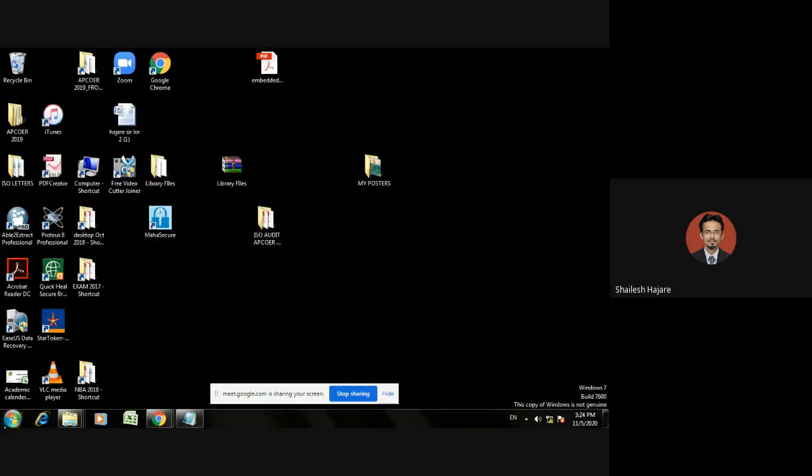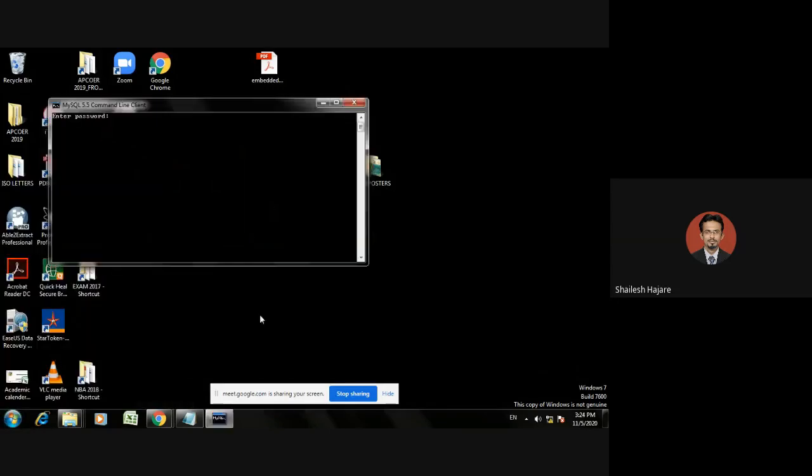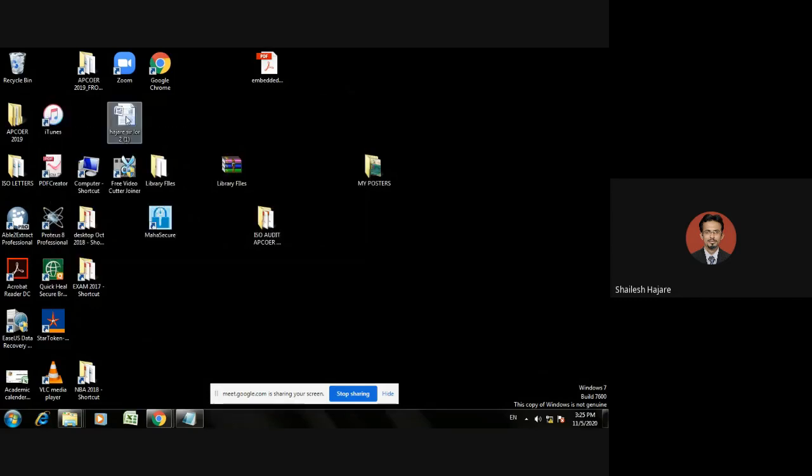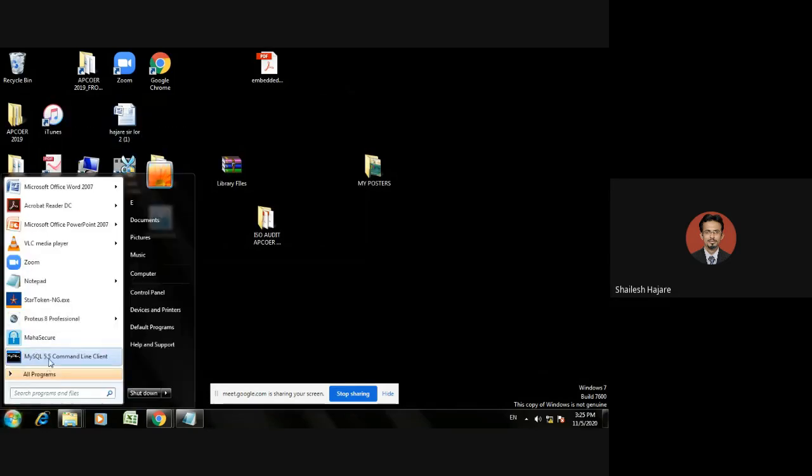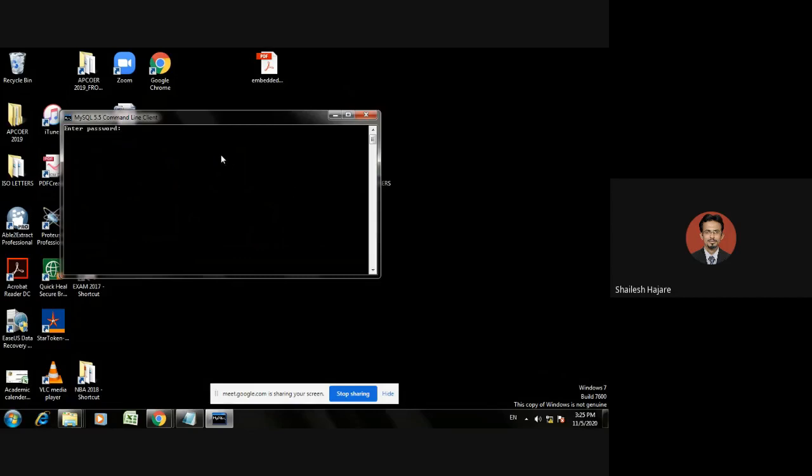Sometimes if it fails to match your password, it will give an error. Type the password. So these are the typical ways in which you can install MySQL on your system.